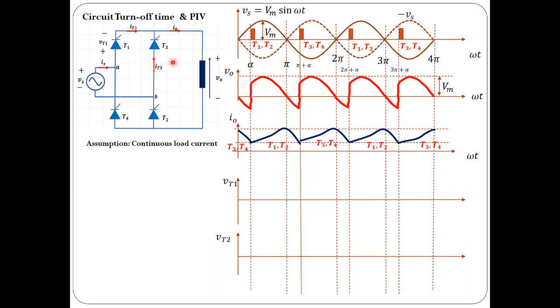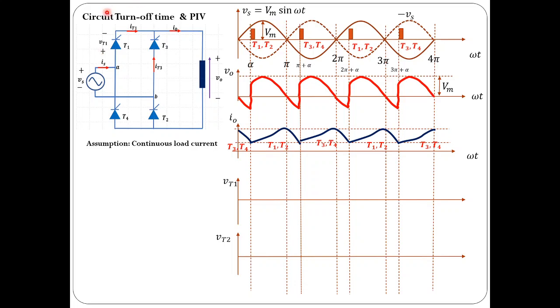If the circuit turn-off time is less, the circuit is not giving enough time to the device to turn off. For example, the device turn-off time is 2 microseconds and the circuit turn-off time is 1 microsecond. So what does it mean? Before the device is completely turned off, we are applying the forward voltage again. Before it gains its blocking capability, we are applying forward voltage. That would lead to unwanted turn on. This can be avoided by maintaining the circuit turn-off time more than the device turn-off time.